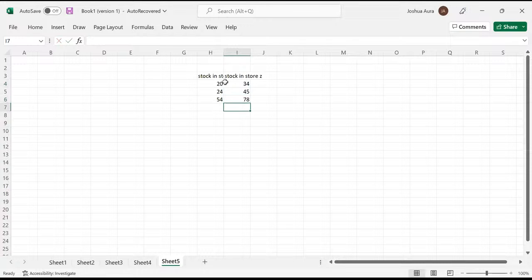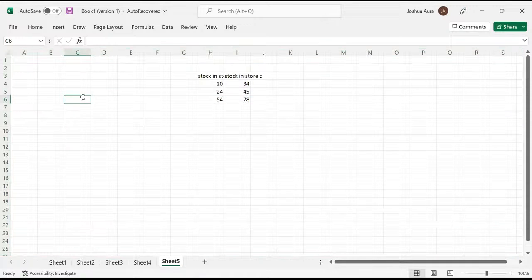And the first thing that I realize here, ladies and gentlemen, is that I can't read my titles. So it means that straight away this stock in store Z, the sentence is bigger than the cell. When you realize that, as a good student of Excel, what you're supposed to do immediately as a warm-up, before I start showing you what I would want us to do today, is to highlight the entire Excel. To highlight the entire Excel, you could say Control A,